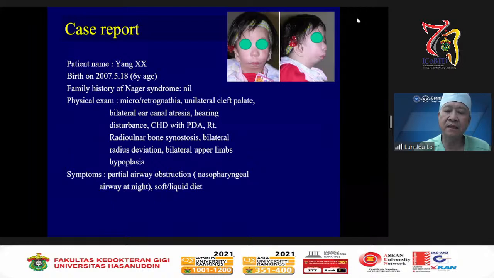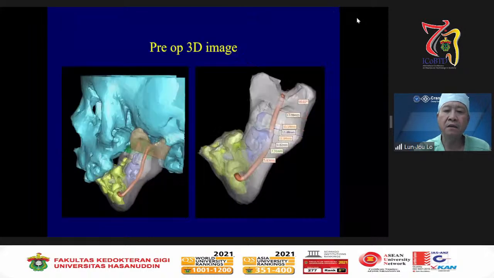This case with Nager syndrome was a girl 6 years of age, about to enter primary school, and the mother came to me for improvement of the mandible, improvement of the airway, and reduction of the obstructive sleep apnea, so that she could go to school. So before the surgery, this is the 3D, and we